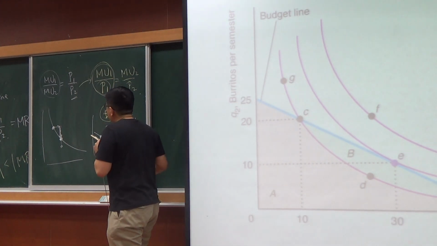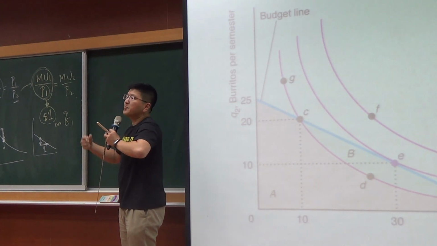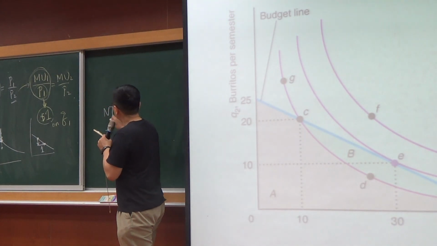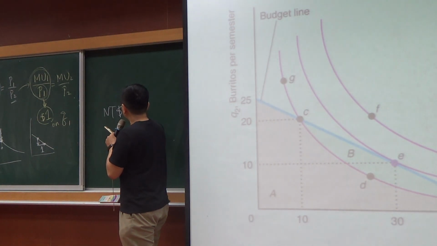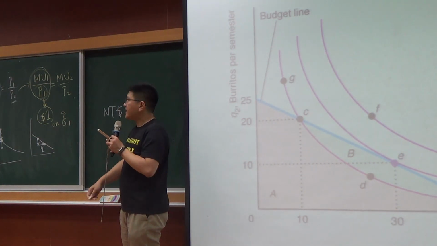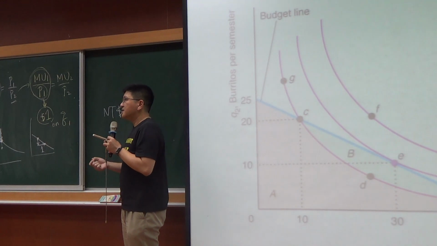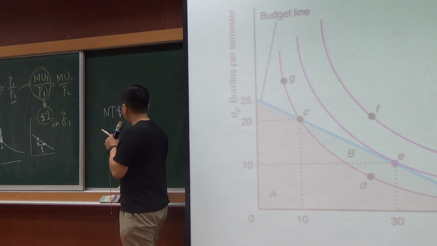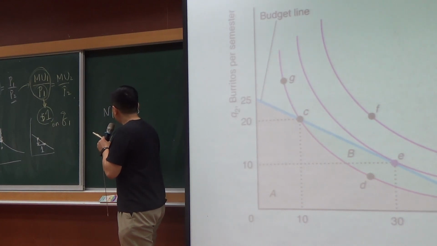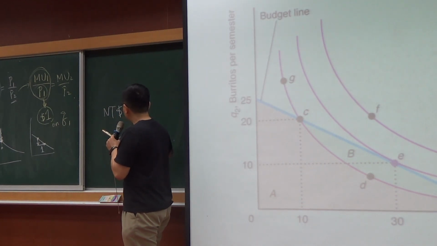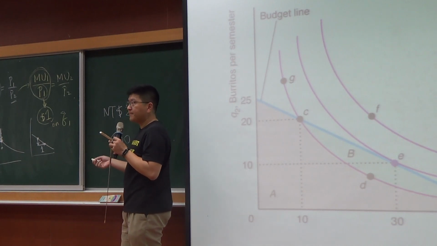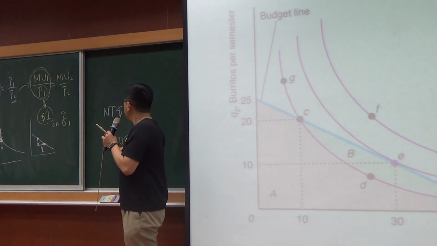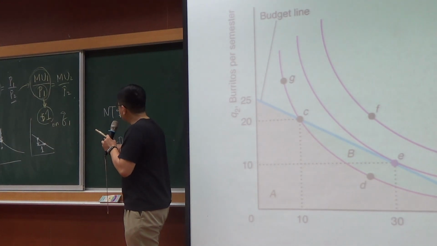So for example, if you want to have another bowl of beef noodles, the price of a bowl of beef noodles is, say, $200, and after eating the beef noodles, you may be happier by, say, 400 units of happiness. 400 units of happiness. Is that clear? But for this